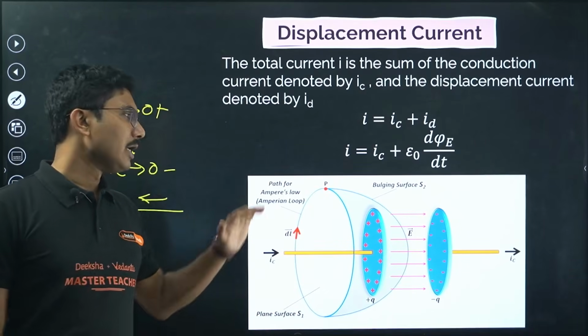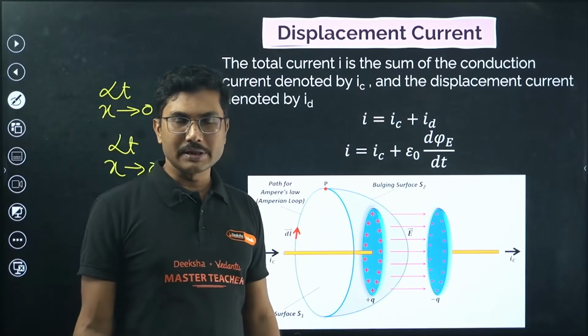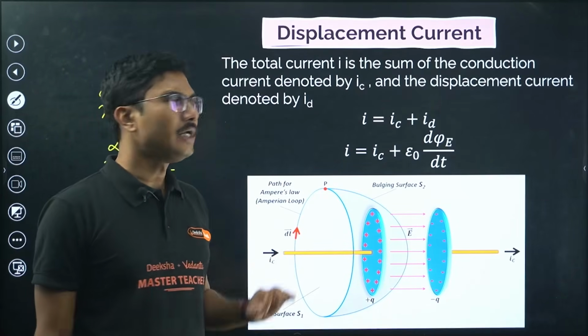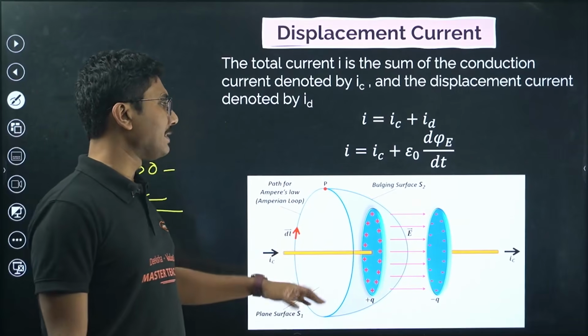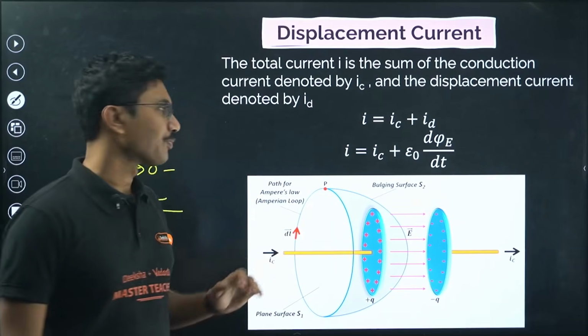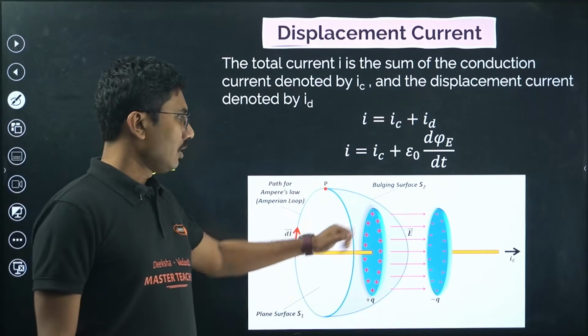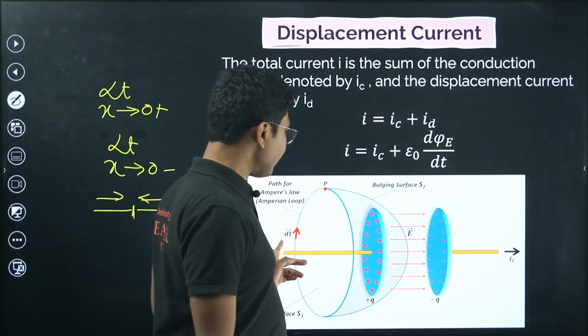So from one side you are getting B dot dl non-zero, from the other side you are getting B dot dl zero, which is completely not acceptable, because B is a physical quantity which can be measured at each and every point. So it does not make any sense, it is a discontinuous function. So what is happening? Maxwell came to the rescue, and he said that